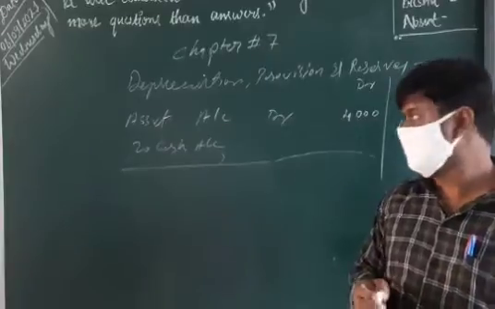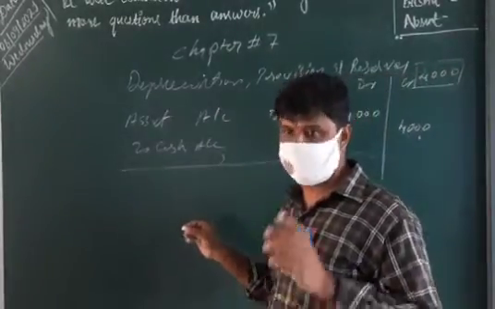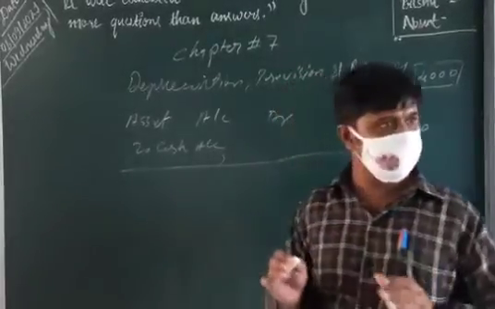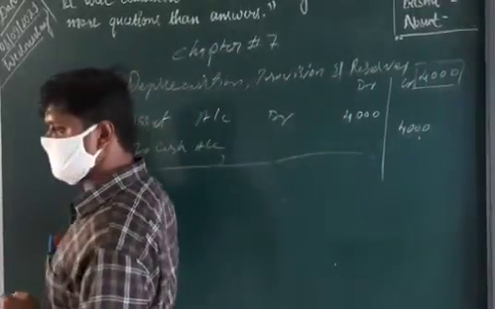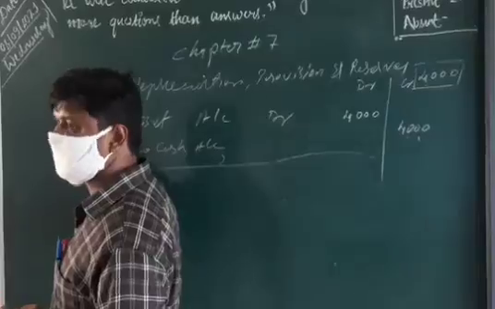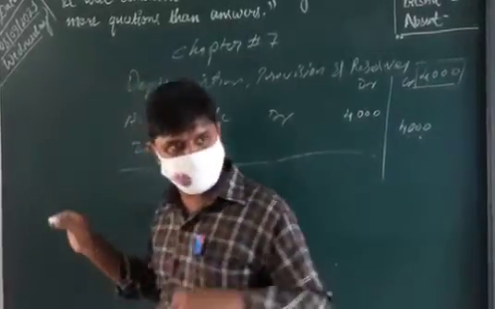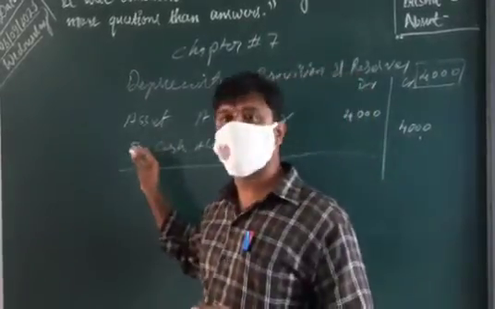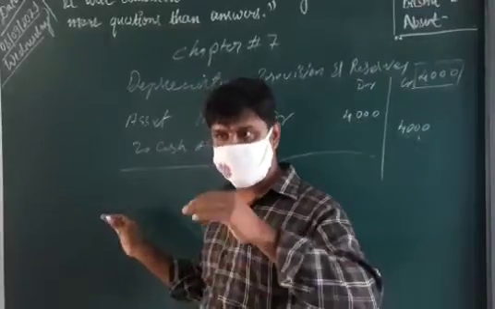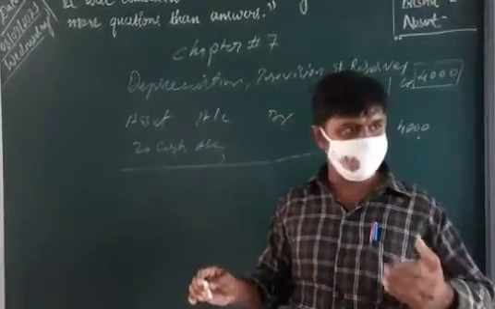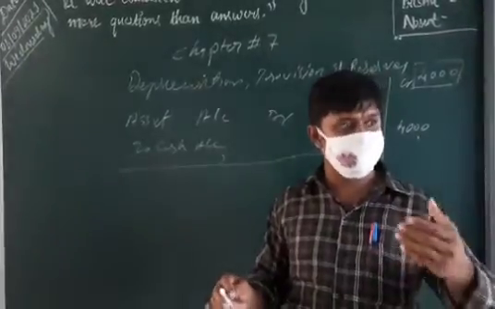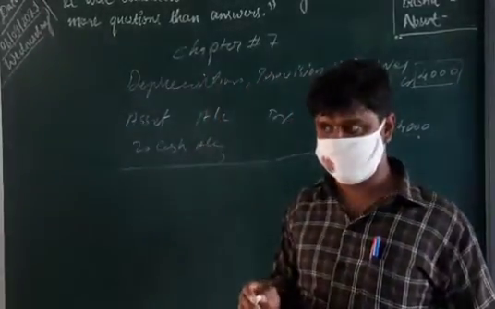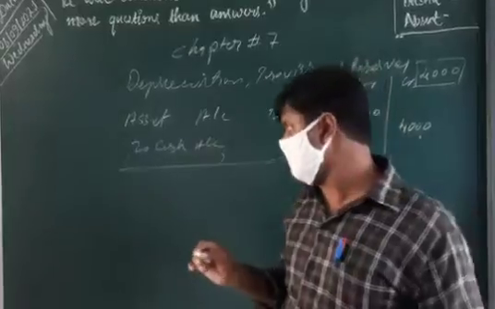Next, from here we consider 1 year, or the year end, which you will learn later. Now imagine that we purchase it exactly at the beginning of the year, that means 1st April. Our financial year starts on 1st April, so we purchase it on 1st April. Then at the end of that year, that means next year 31st March, on that day we find its depreciation. Clear now?